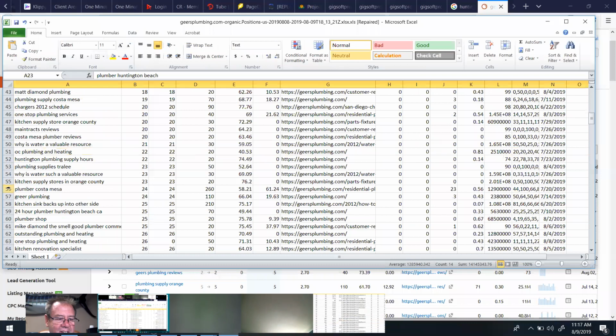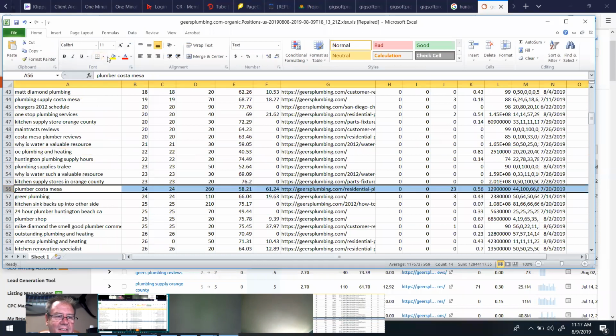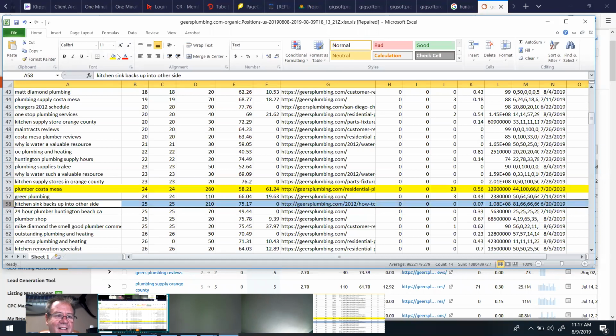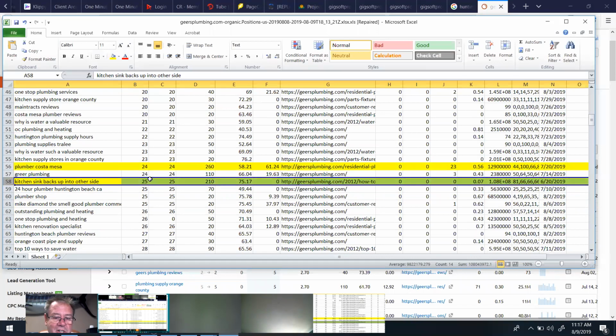Look at, here's Plumber Costa Mesa. I'm number 24. I'm on page 3. That's okay. That's worth fighting. Here's kitchen sink backs up into other side. 210 people a month. I'm on page 3. That might be a good one for me to try and push up.